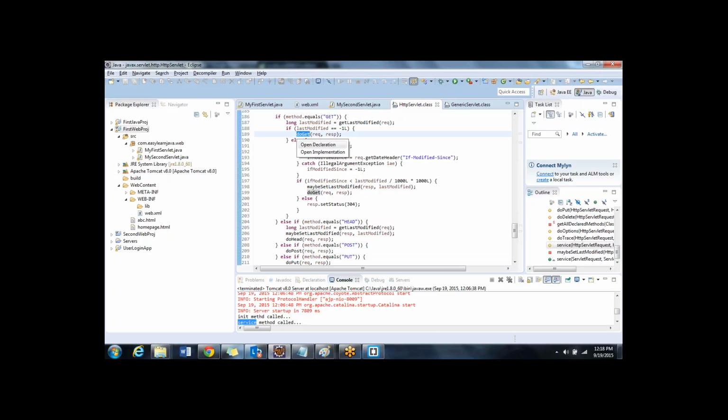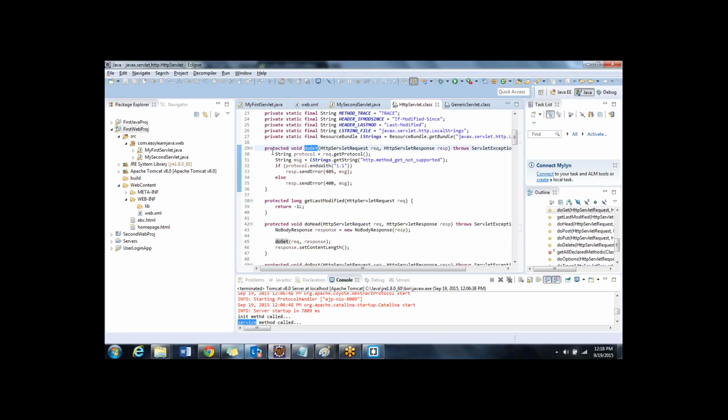Okay, doGet has something written inside, like sending some error message, but let's not worry about these things. Why? Because we will override this and give our custom implementation. So what I do here is,